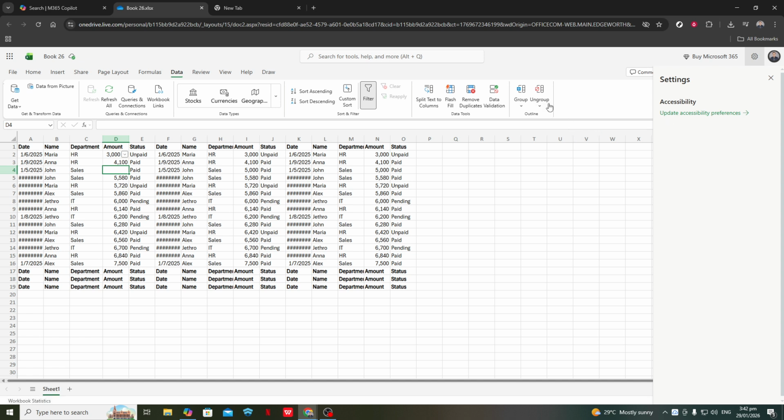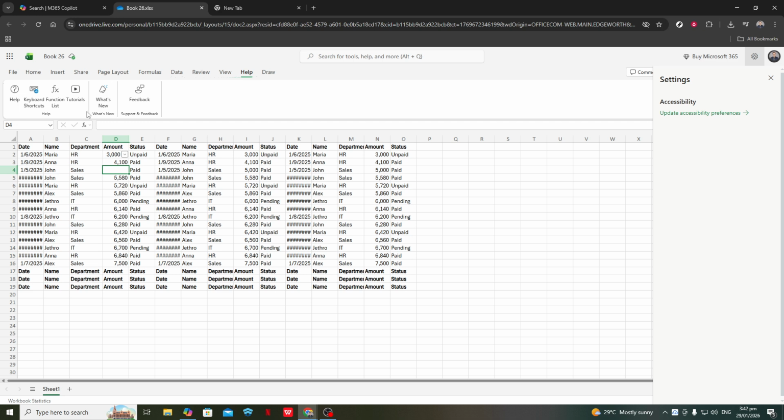Click the Copilot button, and a panel will open, usually on the right side of your Excel window. This is where you can type natural language prompts, like asking it to create a summary of your data, generate formulas, or analyze trends based on the information in your spreadsheet. From here, you can interact with Copilot as you work, refining your prompts and letting it help you build formulas, tables, or even complete reports. That's all you need to do to turn on and access Copilot in Excel Microsoft 365.